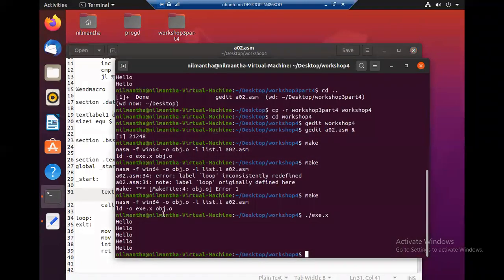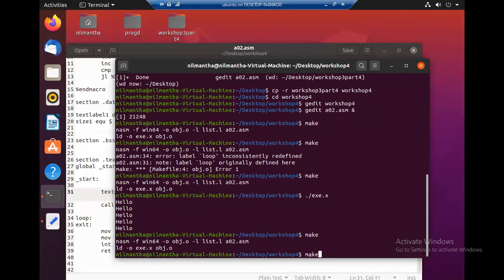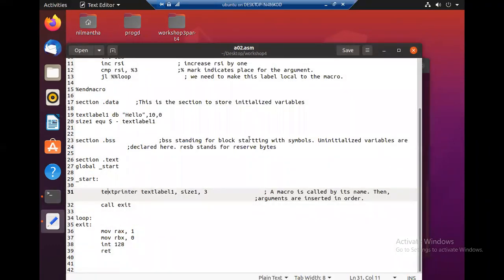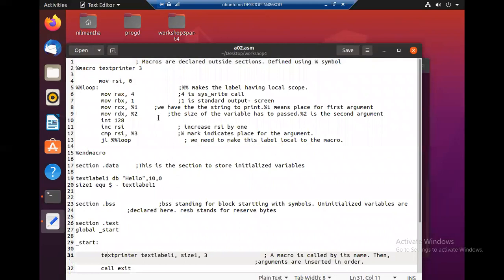So you make, and call hello 3 times. It is as simple as that. So you can extend a subroutine into a macro. A subroutine can be considered as a macro with 0 arguments.